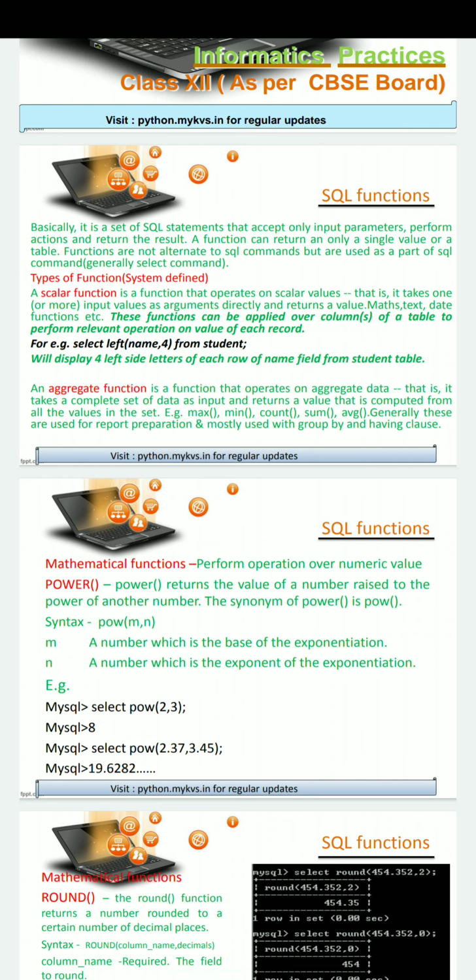And if you use an aggregate function, the second category of SQL functions, it will pass multiple values at a time and will return a single result. For example, if you use the SUM function, which generally performs operations over numerical data, suppose salary, and if you want to find the sum of the salary of employees of a table, in that case there will be multiple values.